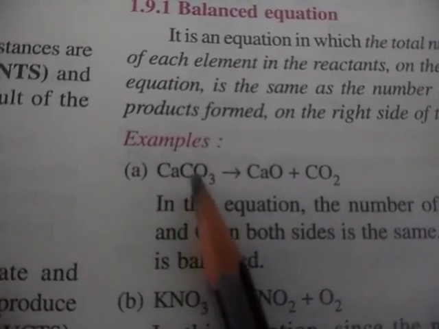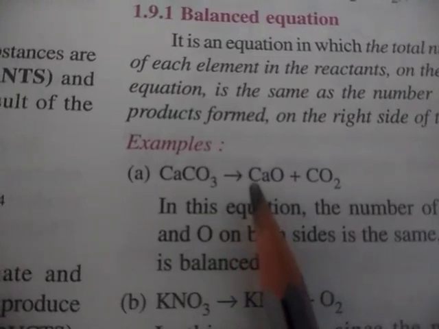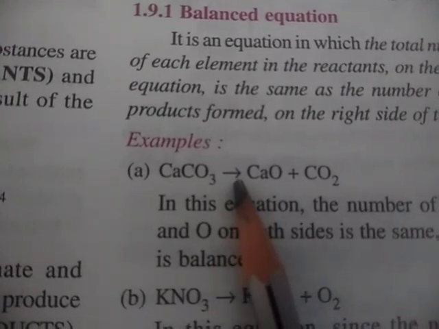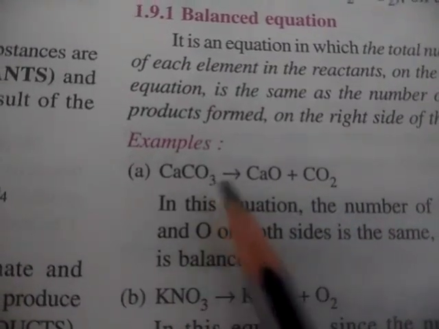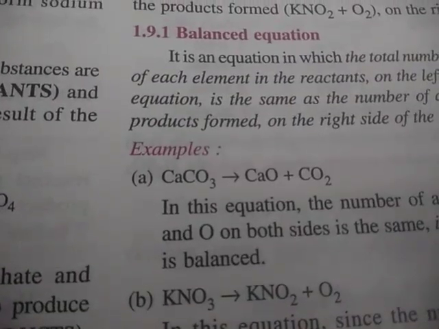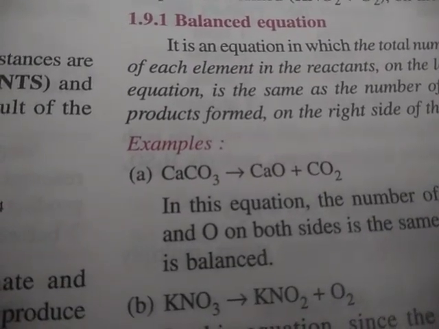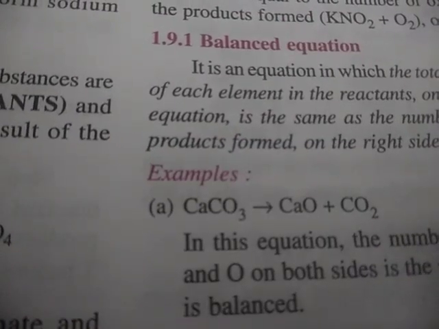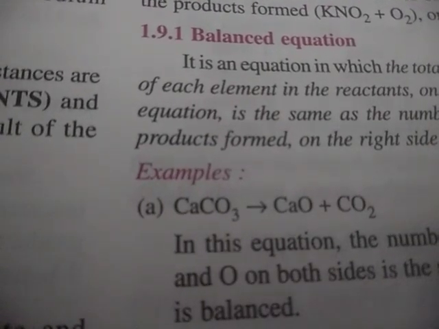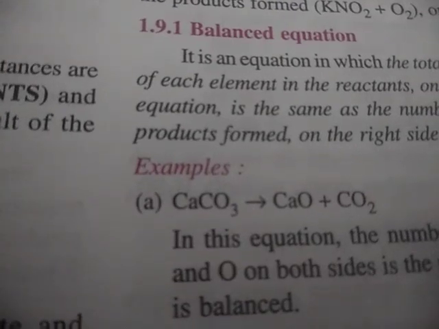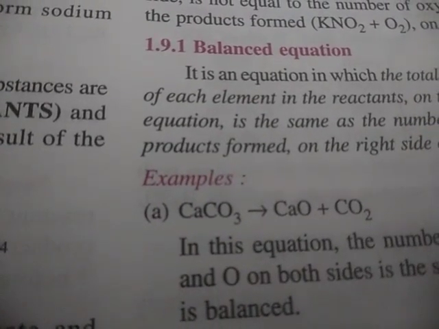Simultaneously we cannot deduce if the reaction is fast or slow. It can be fast, it can be slow, okay? We don't know whether this reaction is reversible or irreversible. So in order to make the chemical equation more meaningful, we need to put some more things or parameters in our chemical reaction.